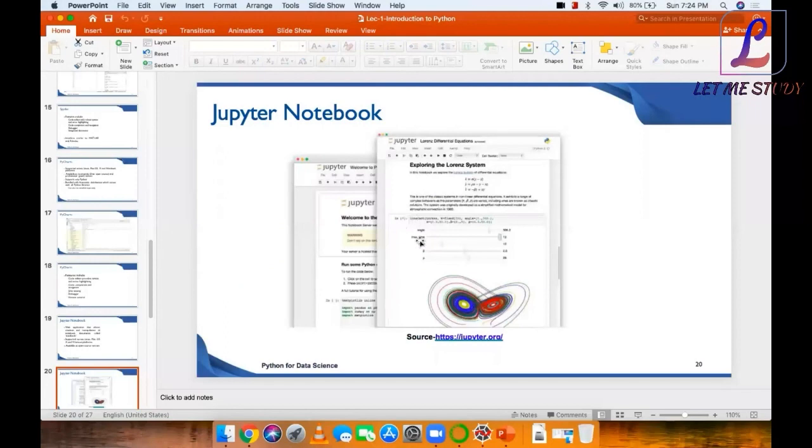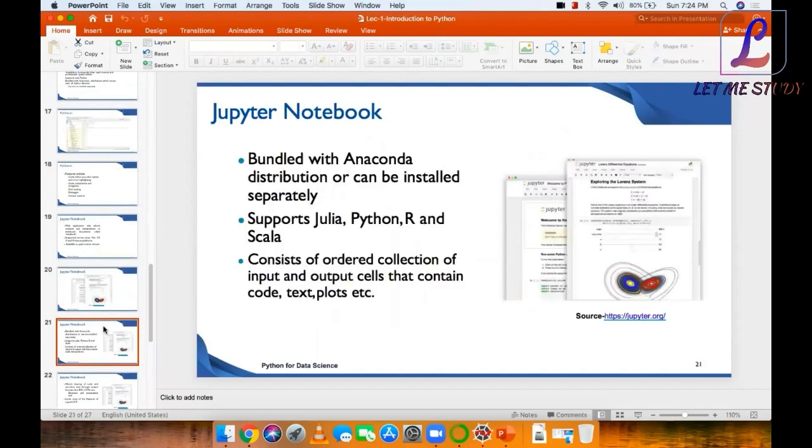The interface looks something like this, right? These are called cells where you can write your code and execute, and you can get charts, plots, graphs, and visualizations also, in case you want to visualize something or you want to fiddle with your data and find some inference from your data, right? Okay, so it supports not only Python but also Julia, R and Scala, right? Okay,